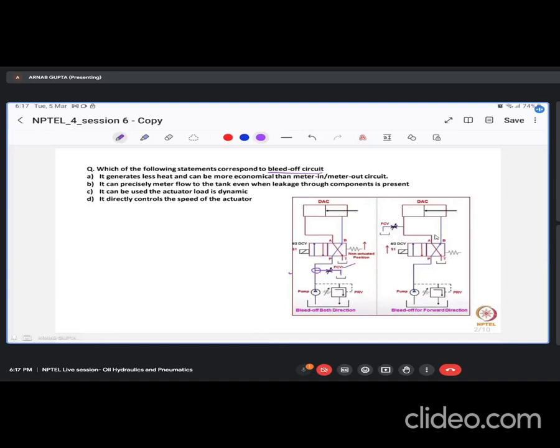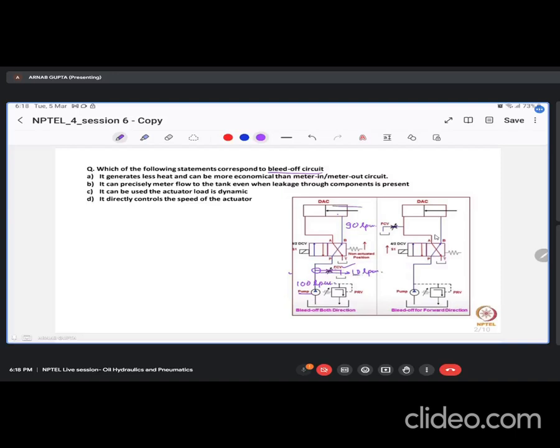Suppose the pump is discharging around 100 liters per minute, and you want the flow to this particular cylinder to be around 90 liters per minute. So you need to bypass 10 liters per minute flow through this particular flow control valve, and it is adjustable type, so this value can be adjusted and accordingly you can control the speed